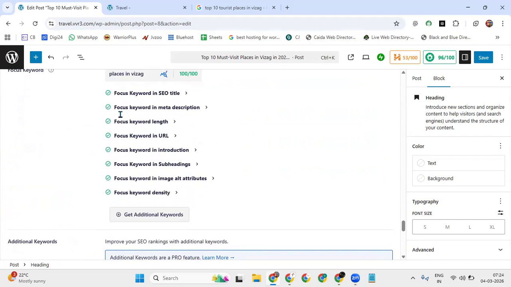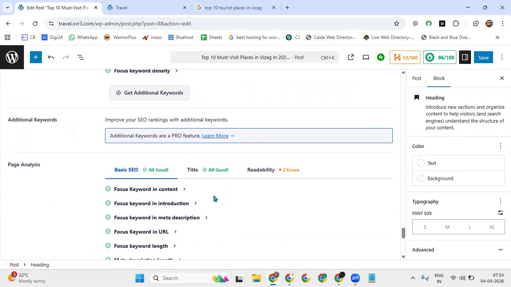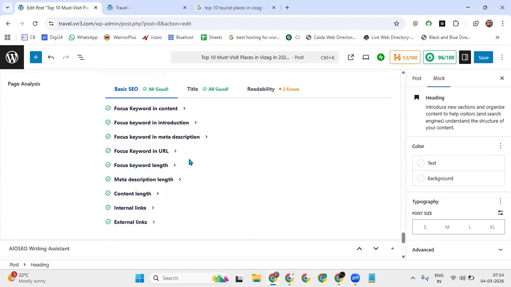Now you can see it's 100 by 100. Before it was only 78. Now the focus keyword density is also enough, 0.5% is completed. After here, we can see the analysis. Content is completed. Focus keyword introduction, meta description, URL, focus keyword length, meta description length, content, and I inserted internal